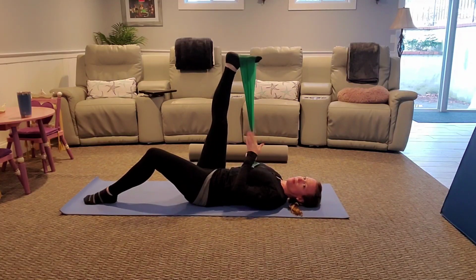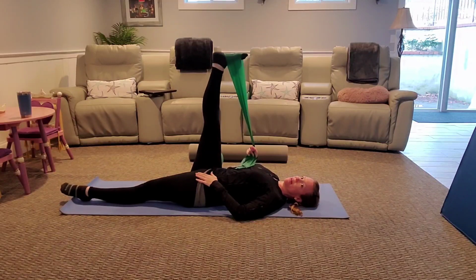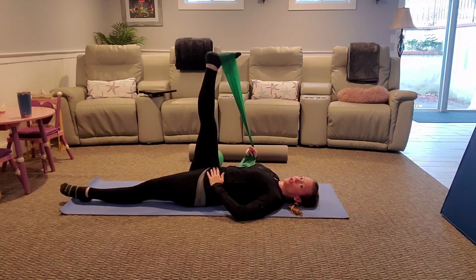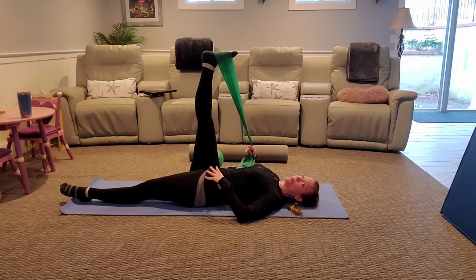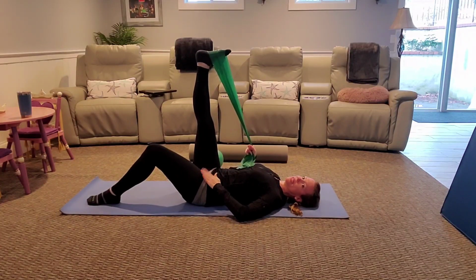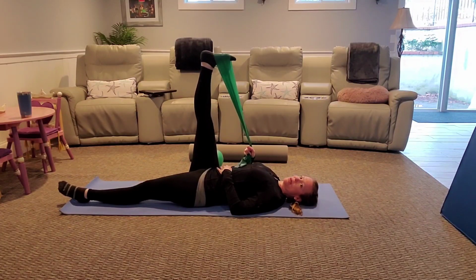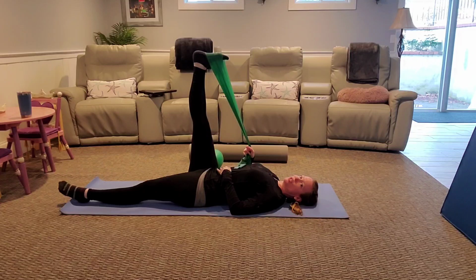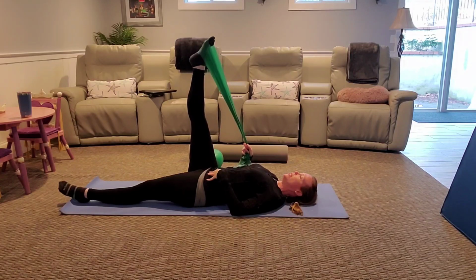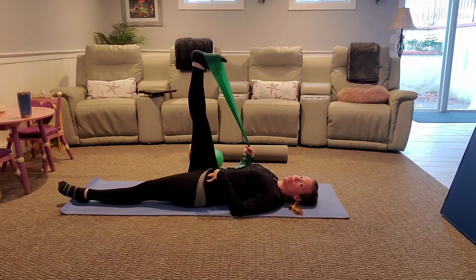And we'll stretch up. So the left knee can be bent, or you can straighten that left leg. Try to find where you feel like your pelvis is balanced. And sometimes it's more balanced with the knee bent. Stretch out through that hamstring. We'll flex and reach through the heel. Point and reach through the toes. One more time, reach through the heel